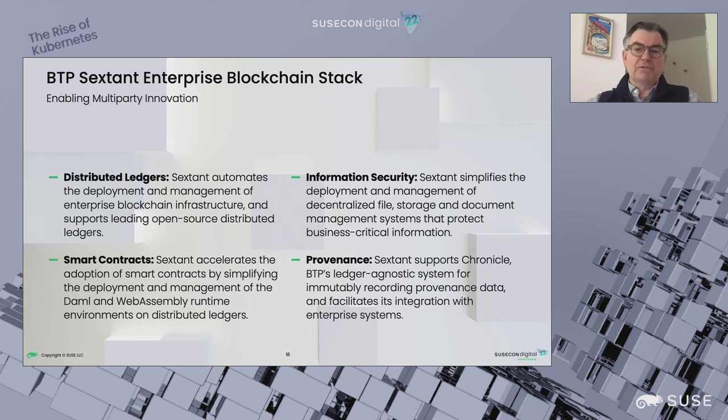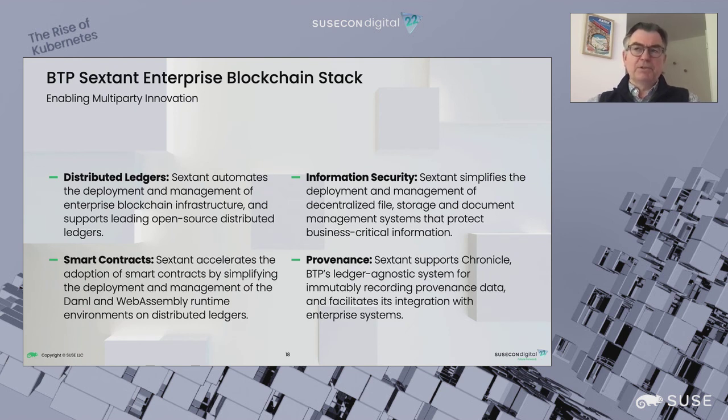And this is very exciting for us, provenance. So we support something called Chronicle, which is our own ledger agnostic system for really capturing all the key information around the provenance of assets. So the language is the language of assets, agents, and activities. And this is drawing on the work of PROV-O, the provenance ontology, also from W3C. And that work is being led by my co-founder and our CTO, Kevin O'Donnell. So we're very excited by Chronicle.